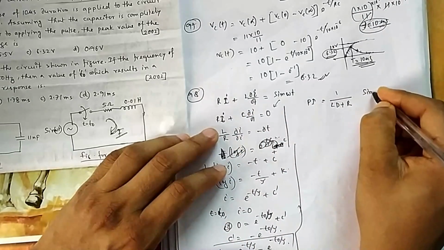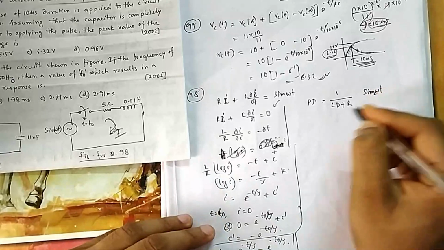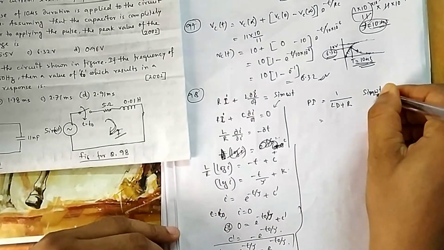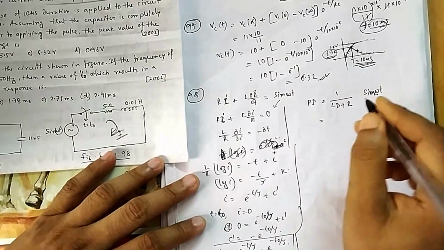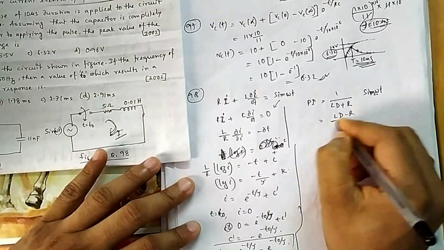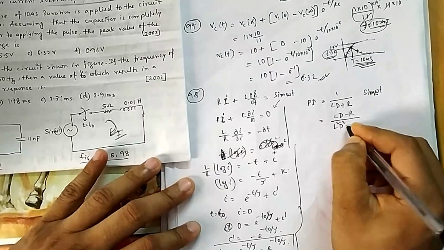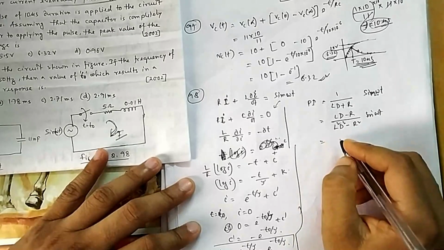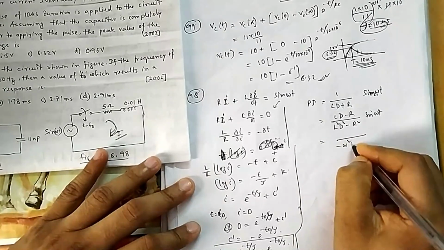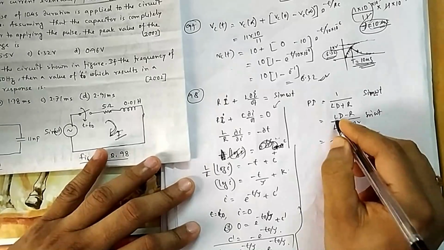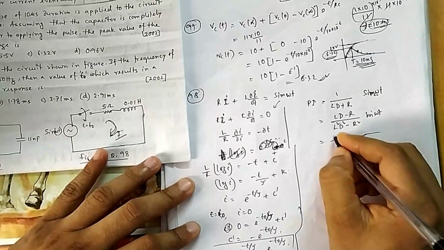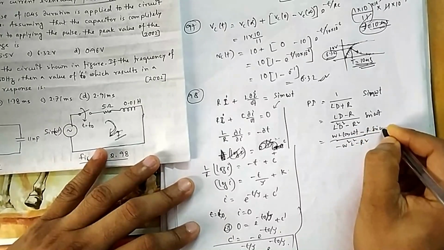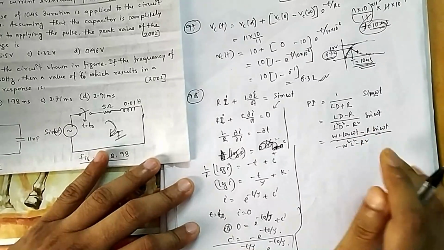You remember for PI, instead of D square we write that coefficient, in sin and cos, so that is minus omega square. So for that I multiply by LD minus R, so L square D square minus R square, of sin omega t. In place of D square I will put minus omega square, so minus omega square L square minus R square, and here it is differentiation, LD means L into one time differentiation, so omega L cos omega t minus R sin omega t. So this is your PI.